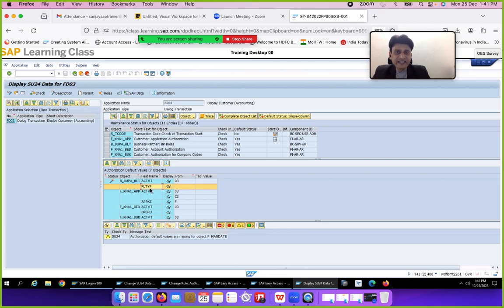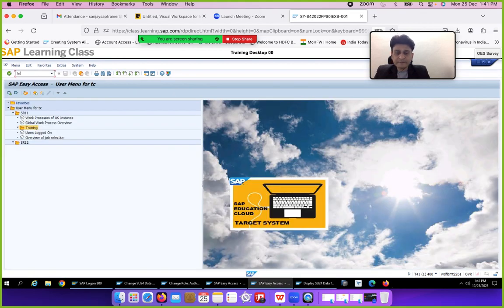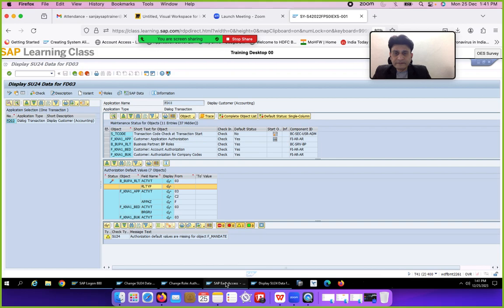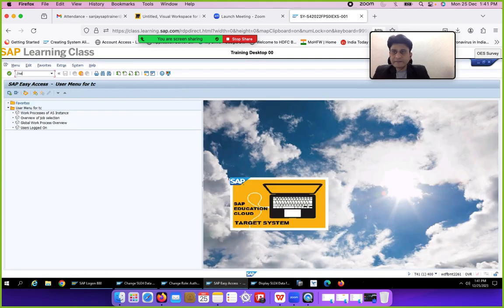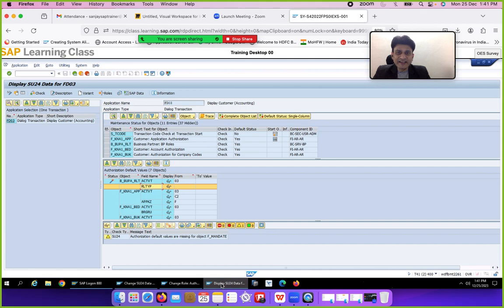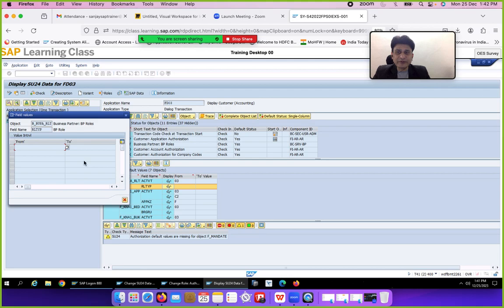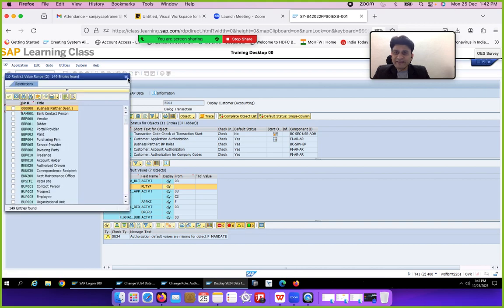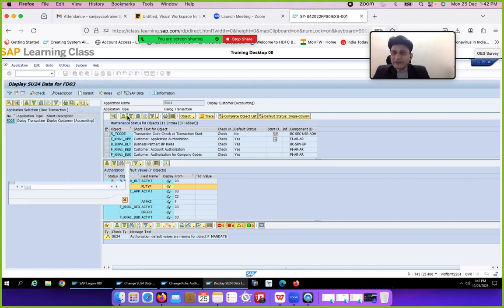And then we are having RLTYP, RLTYP business partner role. So here it is not mentioned, it is blank. So this is an unmaintained value. So if you want, suppose I want to put any value here, I will just mention any value and then we will